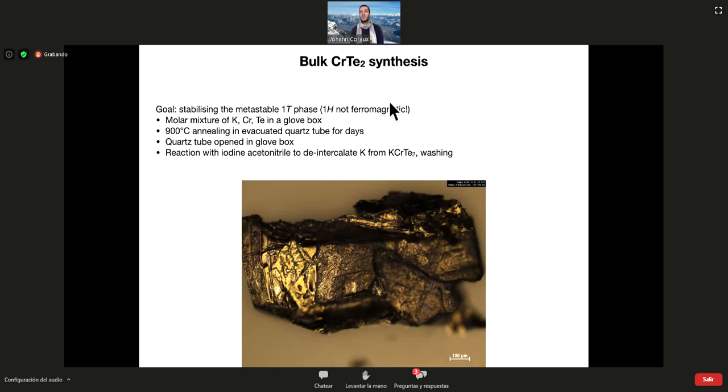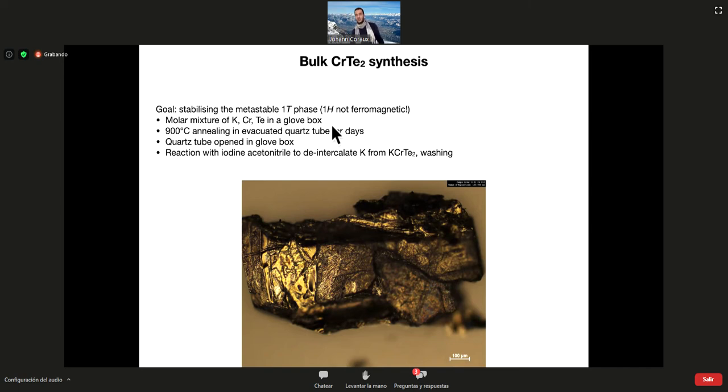And then you need to be careful when you handle that. You need to open the quartz tube in the glove box, because there is potassium intercalated in the chromium telluride layer. And if you don't, then there will be intercalation that basically will transform your material into a dust. And finally, you use a special kind of reaction to de-intercalate the potassium. So we believe that the potassium is very important in the process because it's an electron-donor species, and it provides a lot of electrons to the surrounding chromium telluride layers. And we believe it stabilizes the 1T phase at the expense of the 1H or 2H phase, if you want.